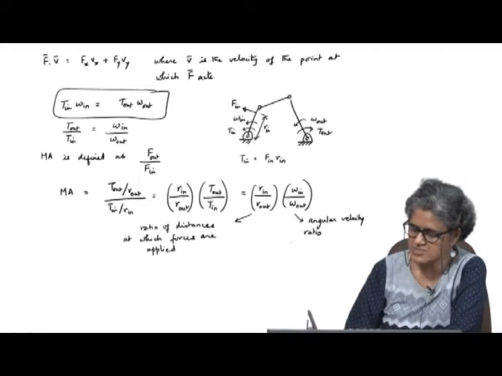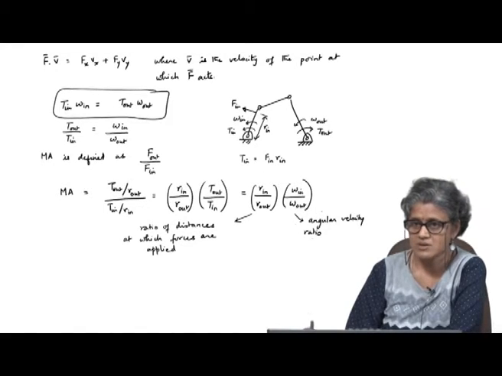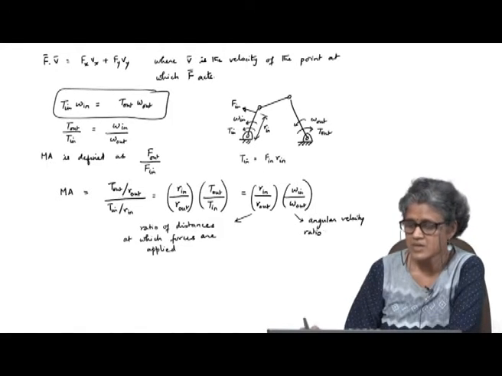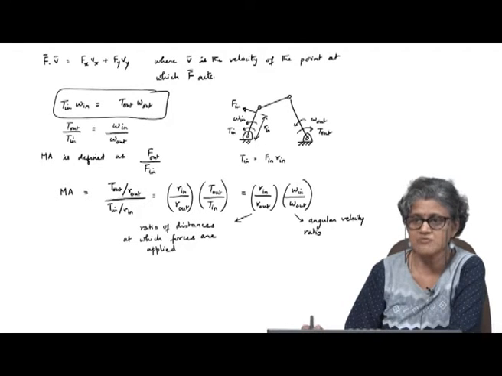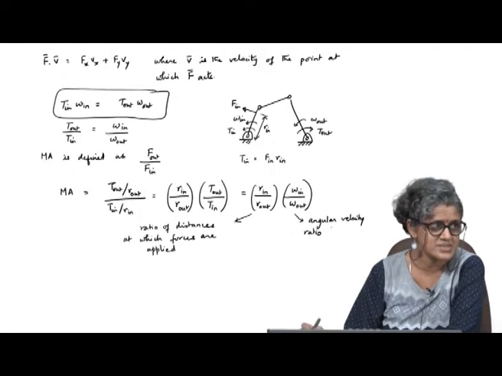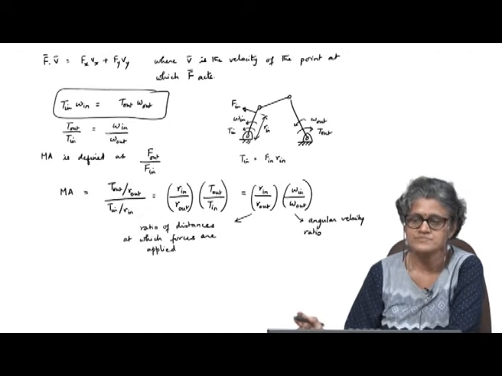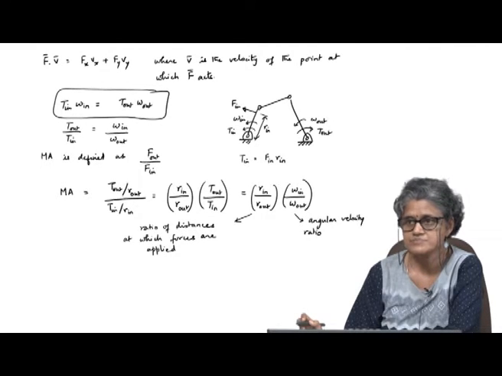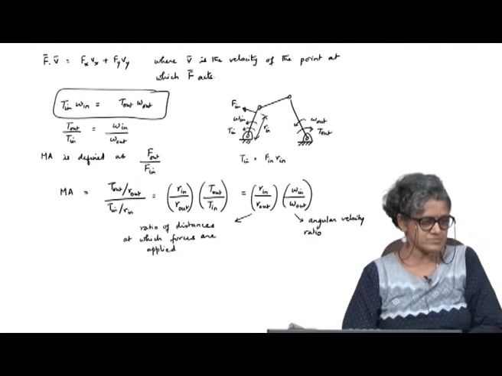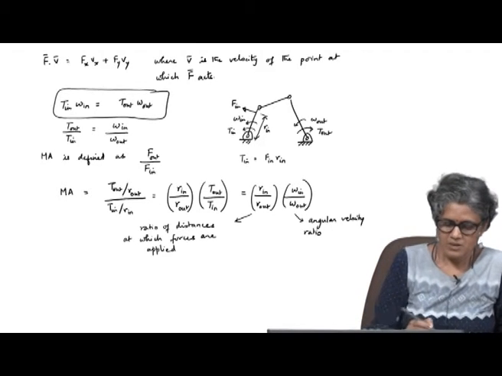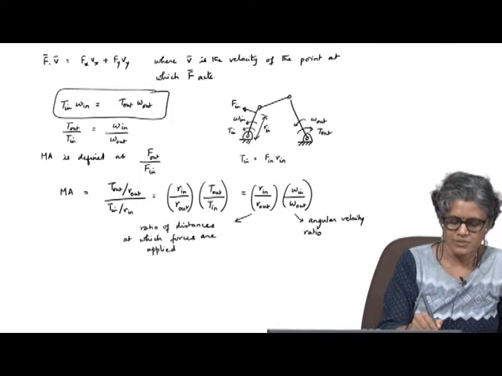So, this depends on the geometry, mainly the ICs. From an instant center analysis, I can find the ratio of omega in by omega out. Okay. So, let us look at